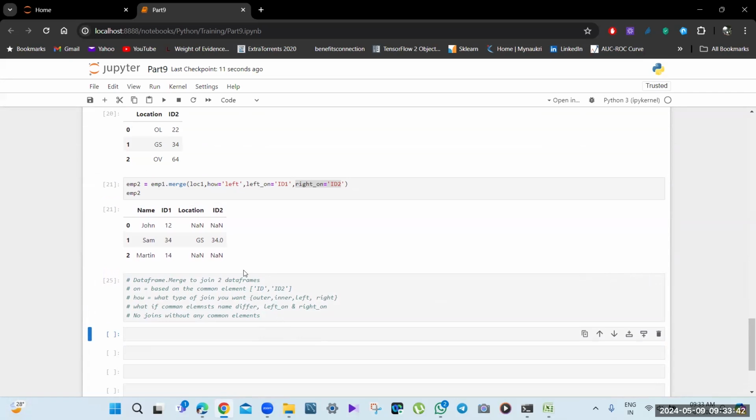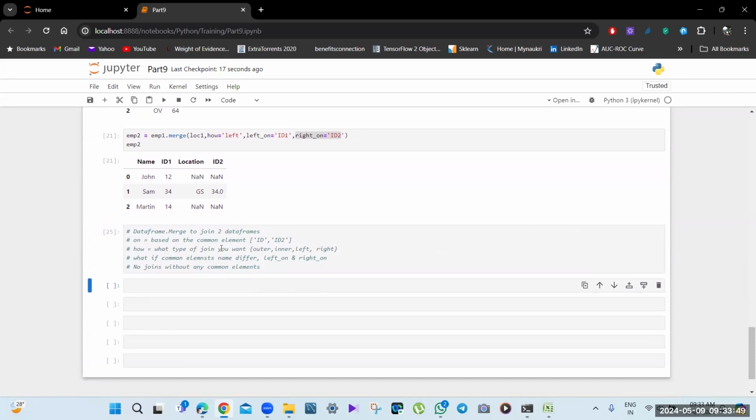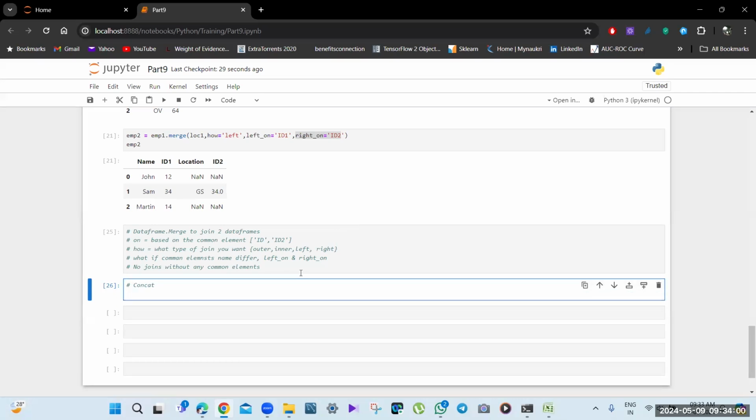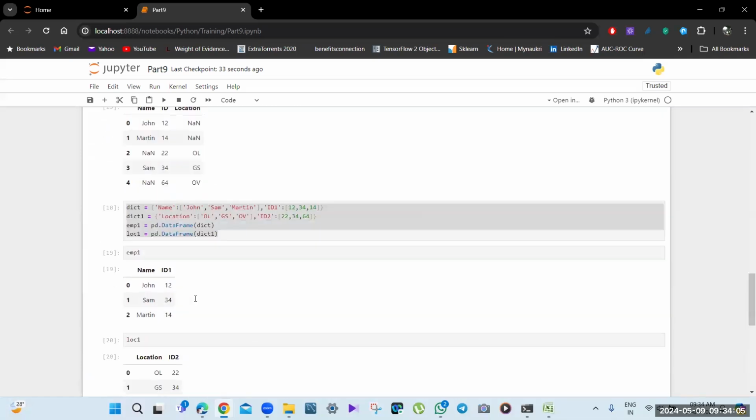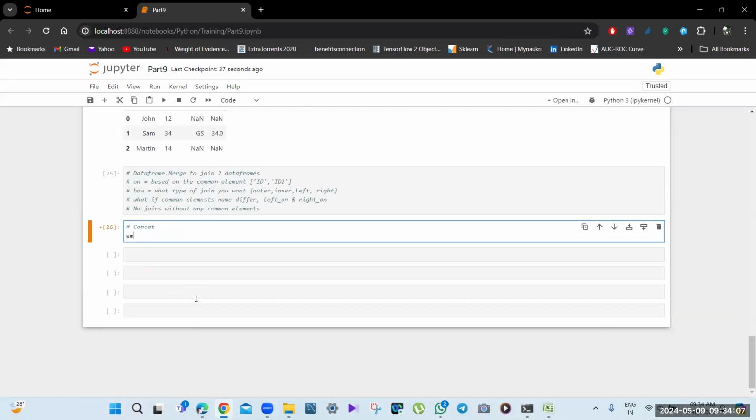Now, this is join based on a condition, right? These are joins that are happening based on certain common elements or common conditions. There is something called concatenation. Concatenation also happens in a similar way. Let's see how concatenation works. The elements we had were EMP and LOC. So EMP4 is equal to pd dot